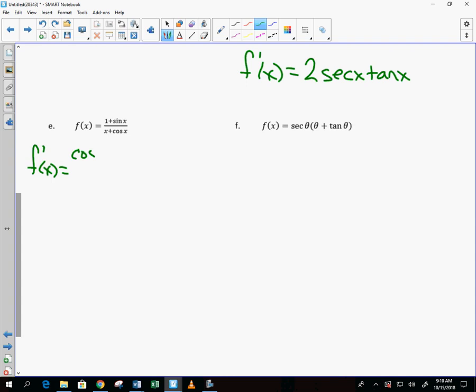Cosine of x times the bottom minus the derivative of the bottom, which is, times the top, which is, all over